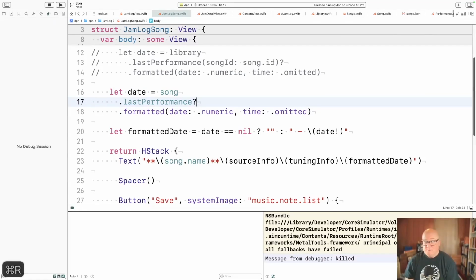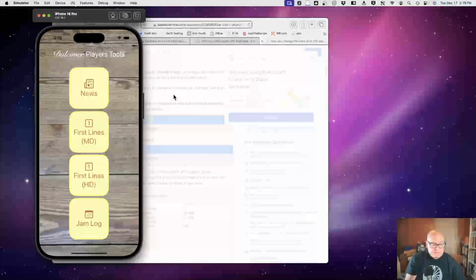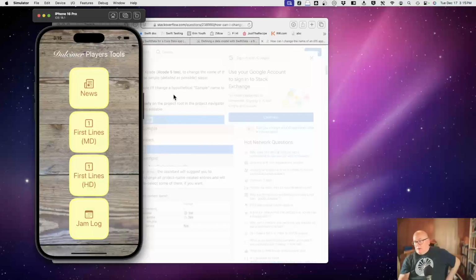Let's see if that's saved. I'm trying to back it up to an easier place. I don't have a good understanding of why that song is not being updated when it seems to be. But I guess I'm suspecting a view error, that the view is not picking up on the change in songs. And maybe I need a binding somewhere or something, and I'm not doing that.